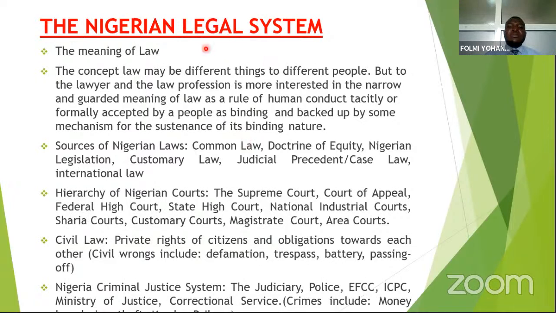So when we talk about the machineries, we are talking about the executive, the legislative, and the judiciary, because the laws do not exist in vacuum. There must be agencies that will be there to enforce them. So basically, when we talk of the Nigerian legal system, we're basically talking about all these things: the laws,